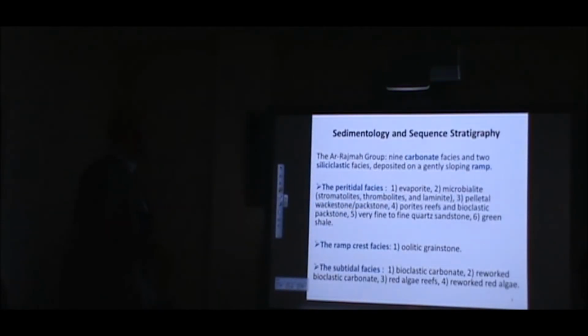And the first thing we come up with, the sedimentology. Here we find out this Miocene outcrop, Rajma group, has 11 facies, 9 of them carbonates and 2 of them siliciclastics. And we group these 11 facies into 3 facies groups. We call them